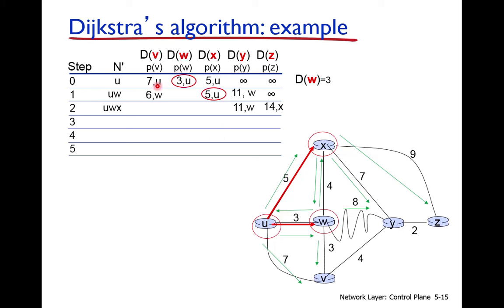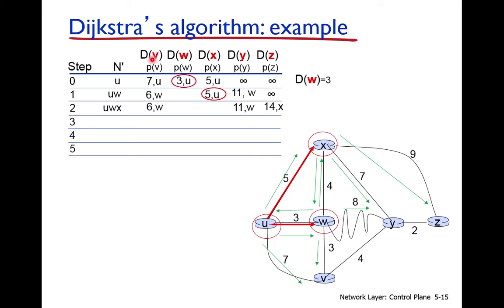Now these two values, their shortest paths are already computed, so they will not be carried on in the next steps, and this one will be carried on. Now the third step is also computed successfully, and now which one is the minimum distance in this step? The minimum distance is this one, 6. 6 is the minimum distance, and this is the distance of u